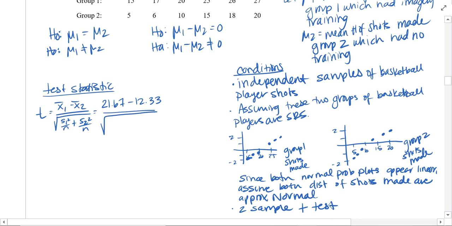And the standard deviation of the first one, divided by, and our sample size is 6 for both of them. And then the standard deviation of the other divided by 6. Okay, so then plug all that into your calculator to get your test statistic. I still recommend doing that all at once using parentheses around the top. But go ahead and do whatever you're going to do.